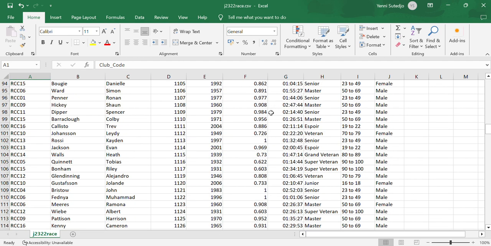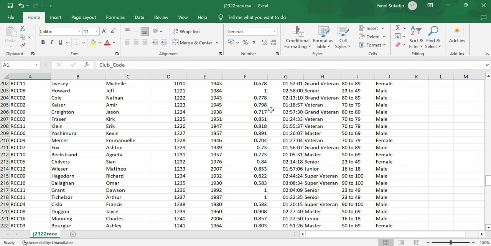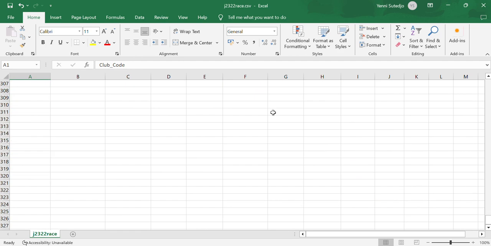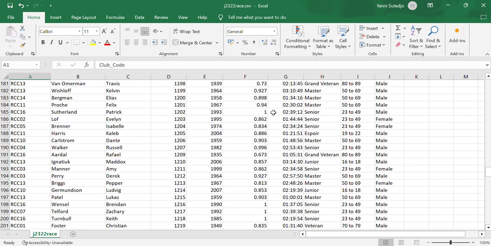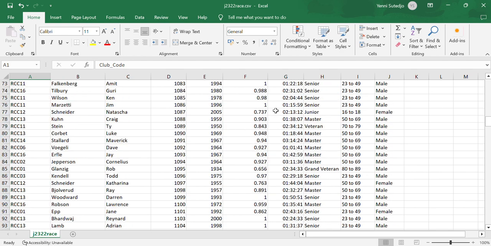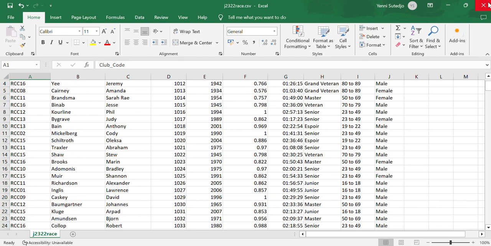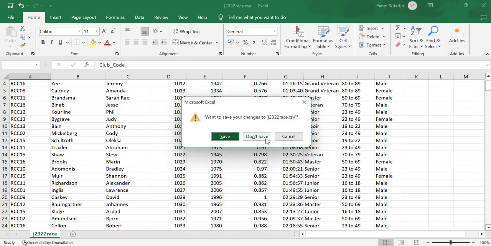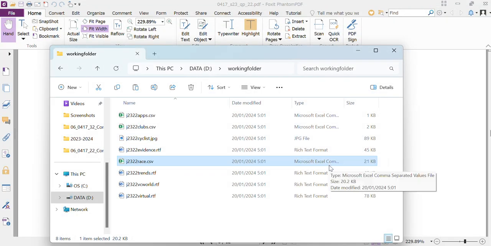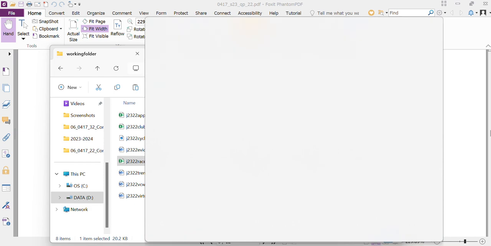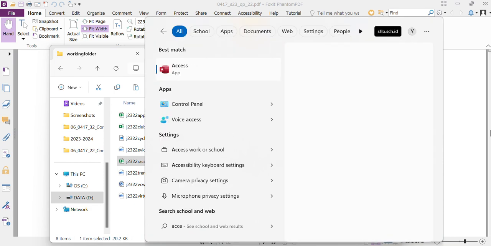If I scroll down, the alignment for each column is consistent. Okay, so this one is correct. So you close it without saving the file because you just check whether the data can be read correctly by the computer or not. And then after that, you create the database using the Access